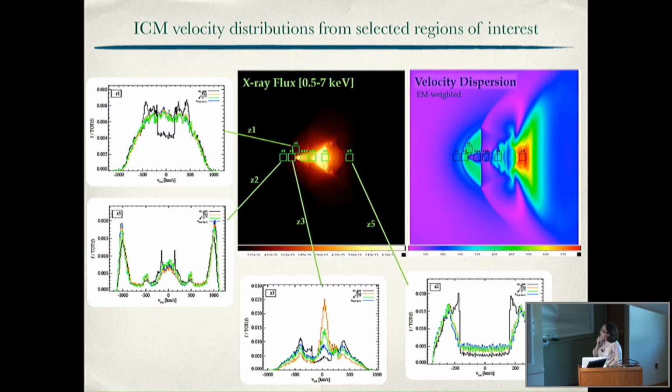So looking into more detail about the pointings, we can start from the very faint ones in the X-ray flux, which are interesting because they are located in interesting regions. Here behind the shock and in front of it, along the axis and off of it, and in this region here where the velocity dispersion is very, very high, around 700 kilometers per second.